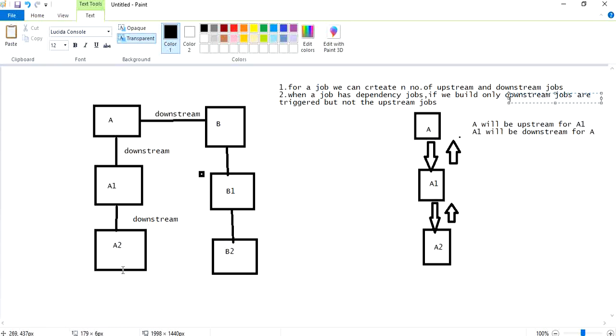And we can also add here a line and create a complete pipeline cycle for this project. Okay. But the disadvantage of this chain pipeline is, once a job is built, all the downstream projects are triggered consecutively. You can see once I trigger a job, A1, A2, B, B1, B2 are triggered one by one.